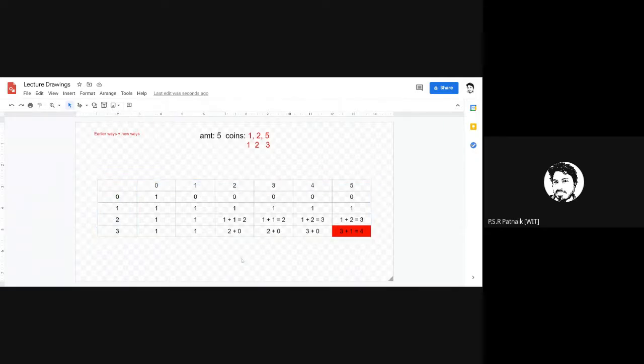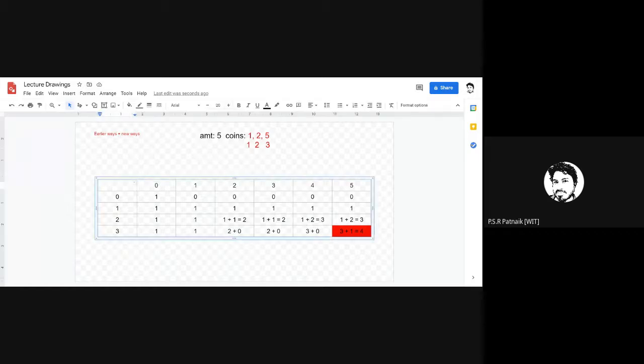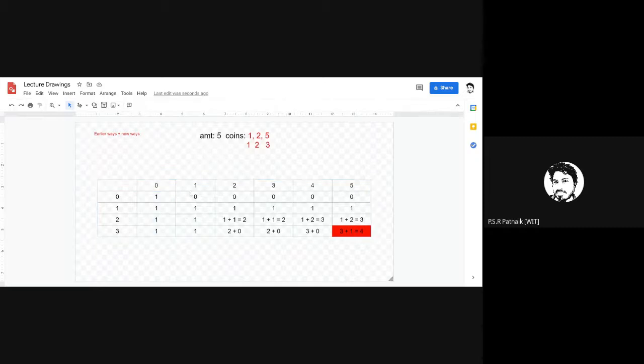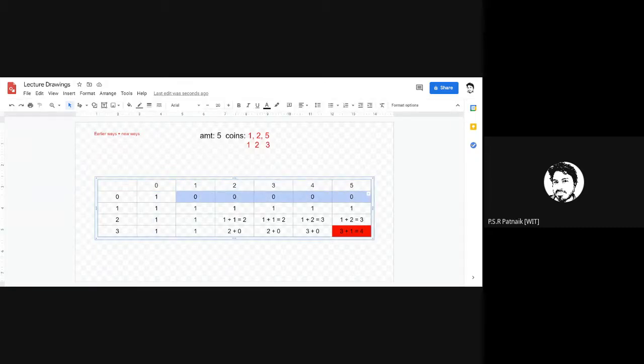Okay, so shall we convert this into code? If we want to convert this into code, what do we need to do? The first thing is to define a data structure for this table, and store these default values, this 1 1 1 and all these zeros. By default, if you are using Python, I think the integer default value is 0.